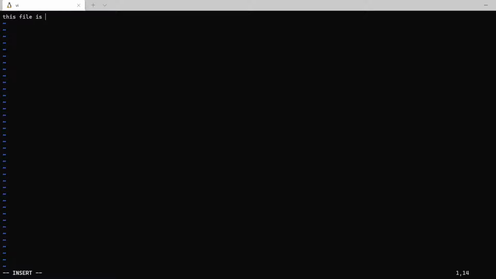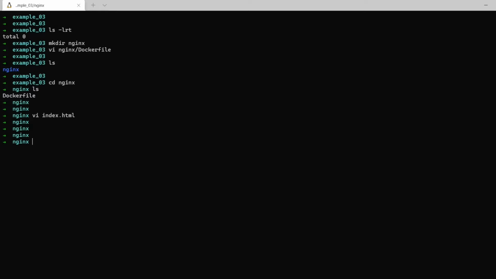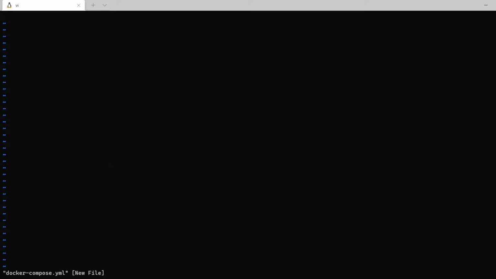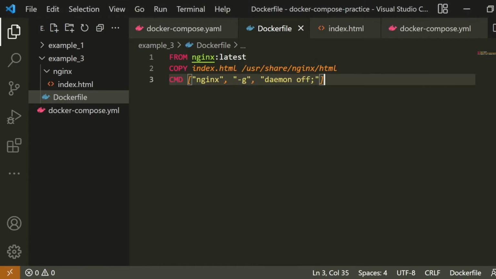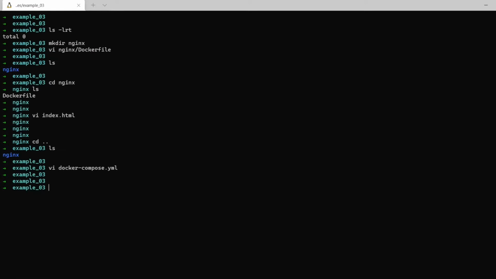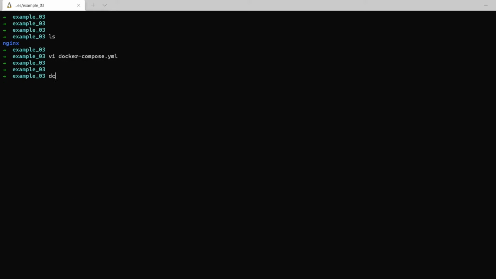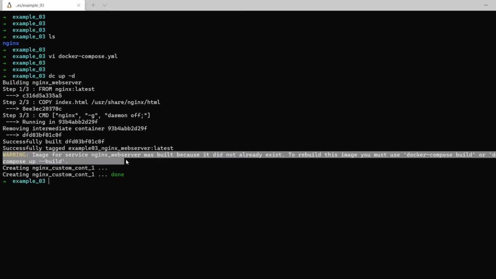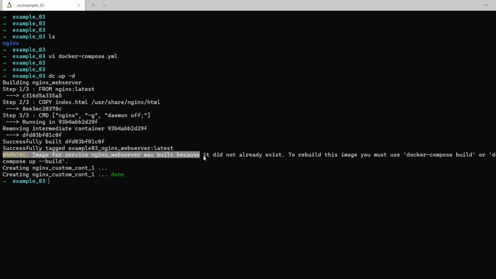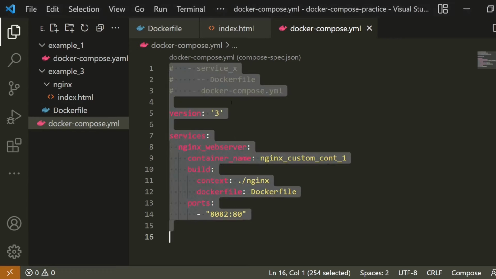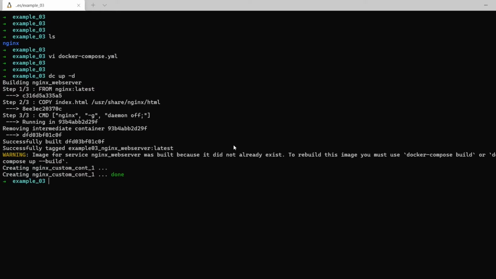This file is copied during the image build. Alright, and here I will create the docker compose.yaml file, and let's spin up using dc up. We'll use detached mode, and okay, so here it said the Nginx web server was not built because it already existed. Now we had already used the service name Nginx web server, so now we'll use the build option,